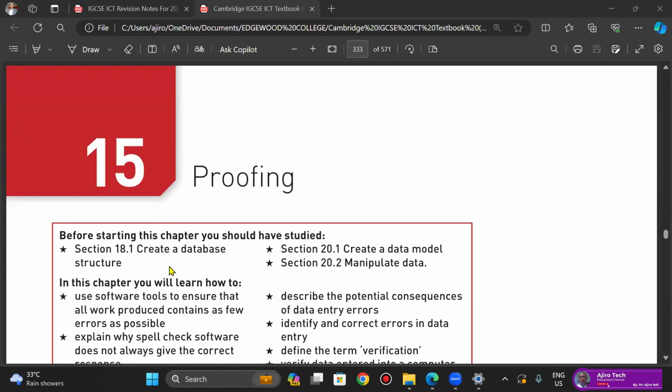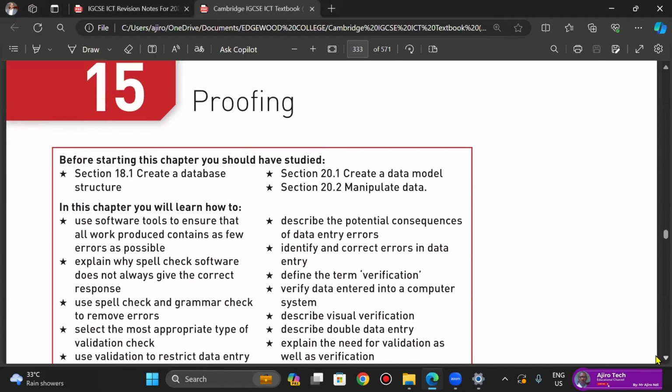Again, in this chapter, we're going to be learning how to use software tools to ensure that all work produced contains as few errors as possible. Verification, right? Yes, we'll also be looking at spell check. We'll be looking at verification, like I said. We'll be looking at validations, how to identify those errors in data entry, the consequence of the data entry errors,